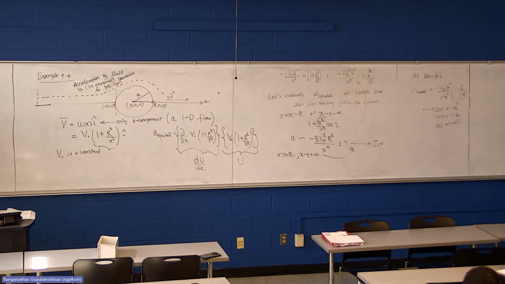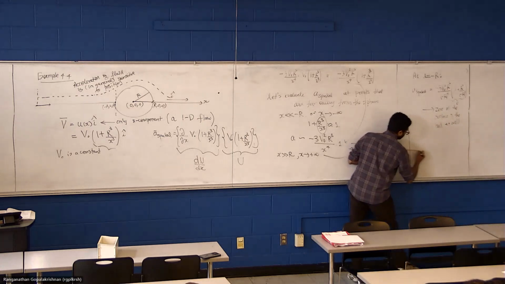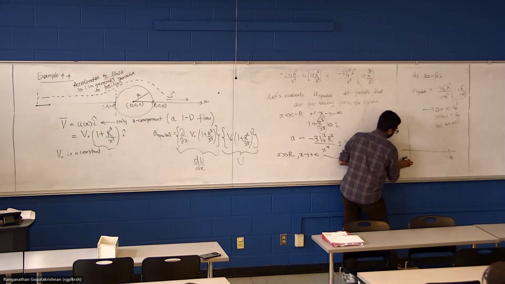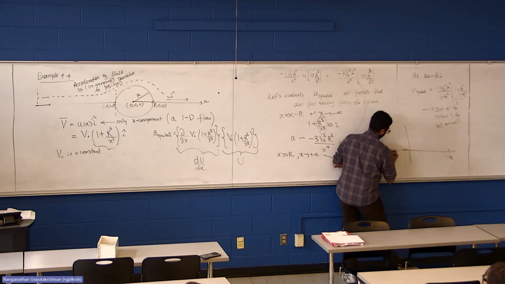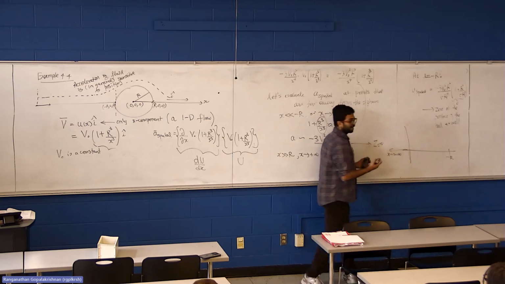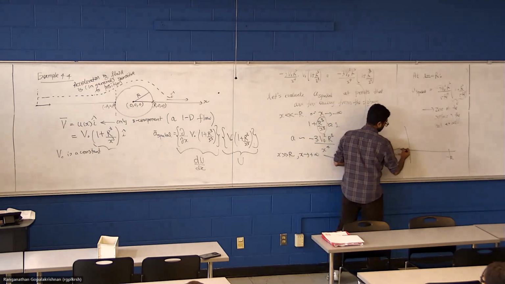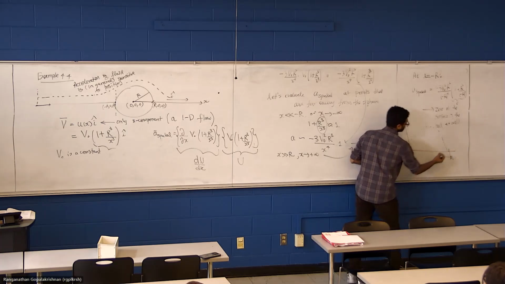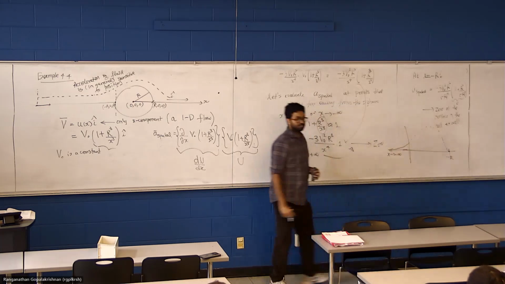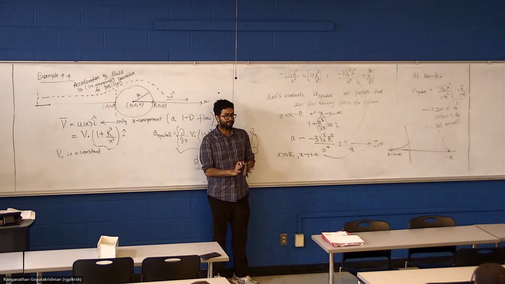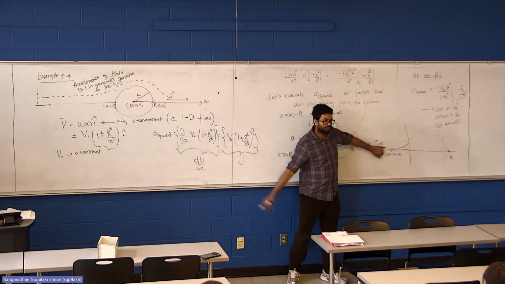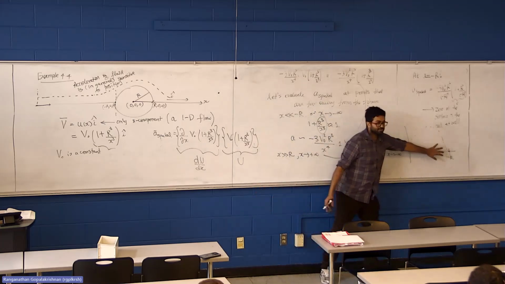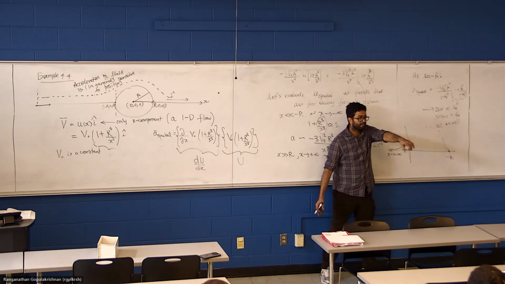So it's 0 very far away to the left. It is also 0 at the surface. So if I were to plot this, let's say this is minus r, and this is x goes to minus infinity. How would this graph look like? It would start at 0. Whatever it does in between, we don't know yet. It has to terminate at 0. You with me? It's 0 far away from the ball to the left. It is also 0 at the surface of the ball. Did you have a question?